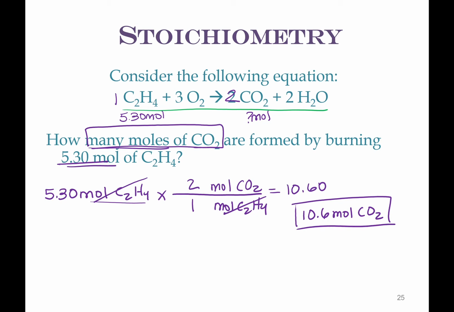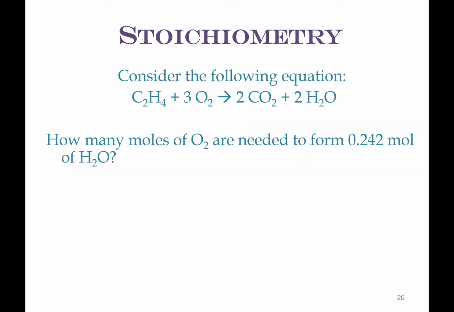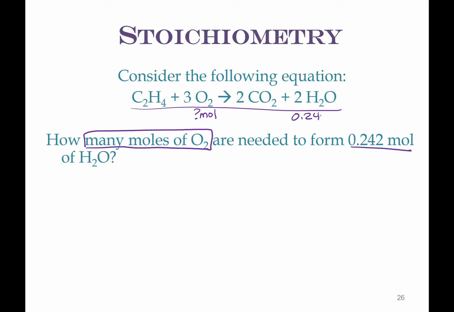Now I want you to try the next one. So I want you to try this one again. We have already balanced the equation. Try this one, so pause it and then try it. So we are going to get this one by saying how many moles of oxygen, so how many moles of O2 are needed to form 0.242 moles of H2O. So we always start with the number that's given,